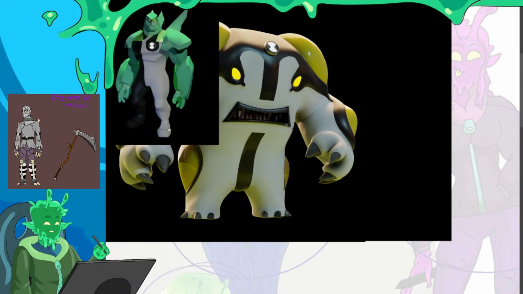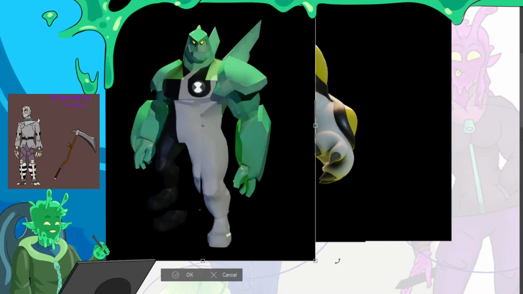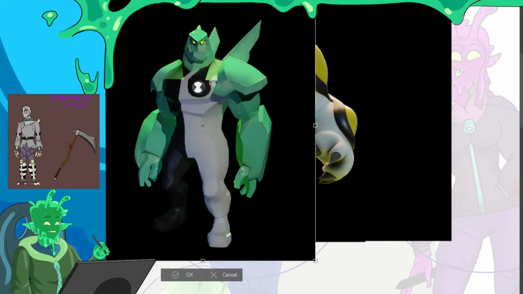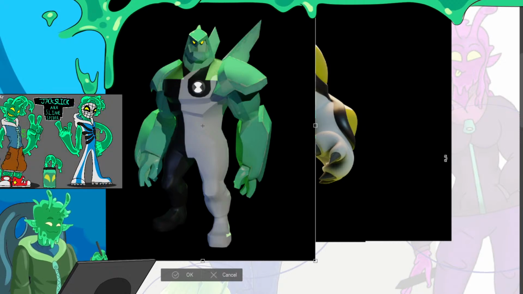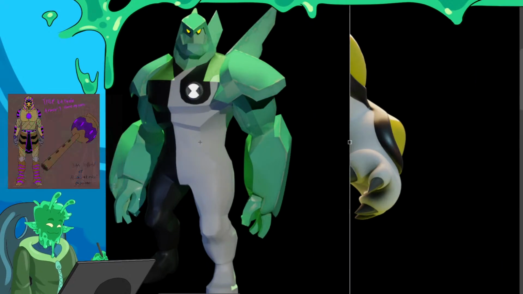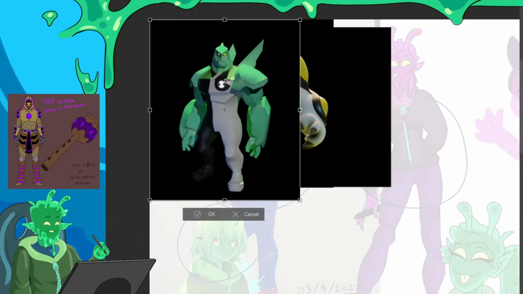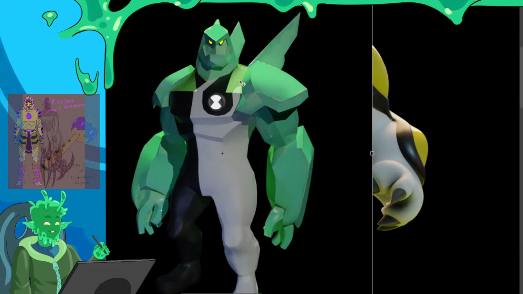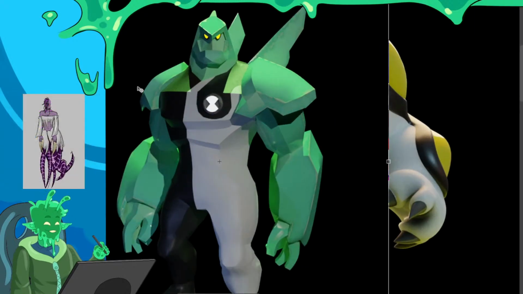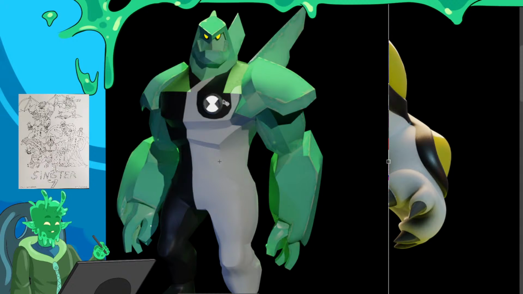I also helped you with Diamond Head. We had to do a lot of tweaking on him. His upper torso rigging still doesn't work. Hold on, before you show Diamond Head. Oh, I already showed Diamond Head. Oh, here's what Cannonbolt used to look like. Yeah, I'll share that last. So yeah, Diamond Head is looking really nice now. We struggled a lot with his shoulder plates and trying to get those to function, and they still kind of do, but it's a little bit hand wavy. Like, it's there. It works. It's technically functional.